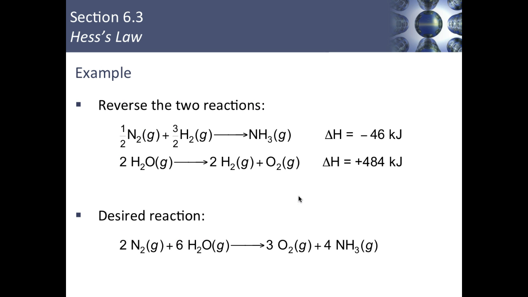So we're going to go ahead and reverse the two reactions. Why? Well, if this is what we're given, we're looking at these being our reactants, these being our products. So if I flip it, that's going to flip the sign of my delta H values. Now, with this part done,